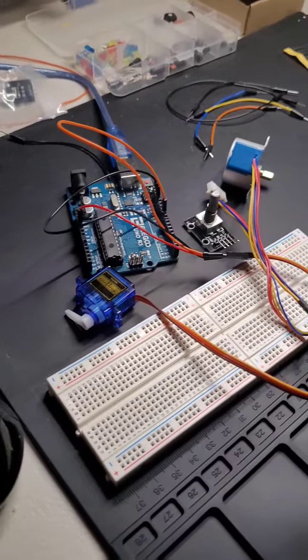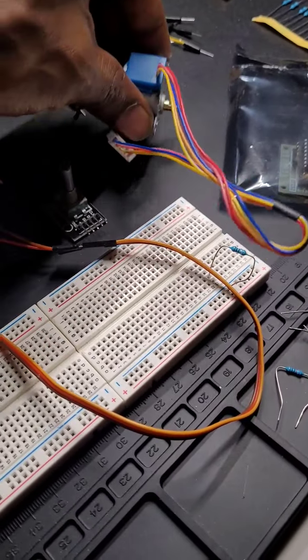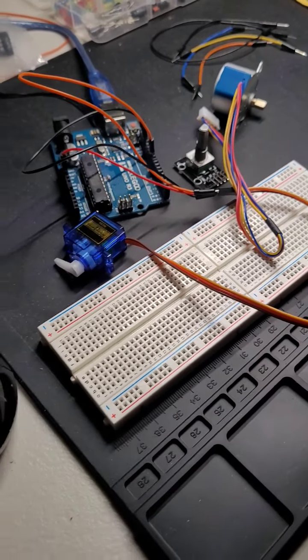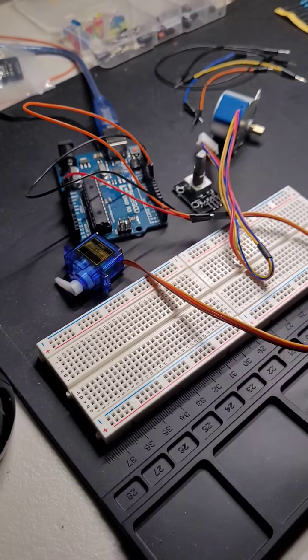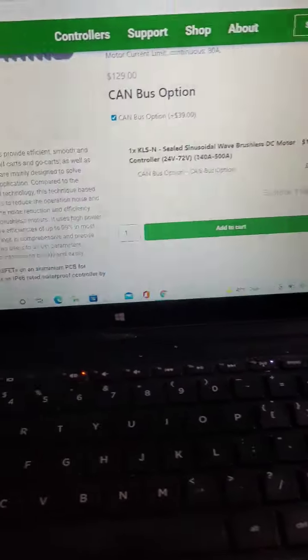So I'll get that hooked up and let you guys see that demo. And we'll be able to check how hot it gets. We'll be able to use the voltmeter to check the current that's flowing through. So we'll basically take the lessons that I grabbed from this project and incorporate them into what's going on with my SX500 project. So it should be some good stuff, good learning process,